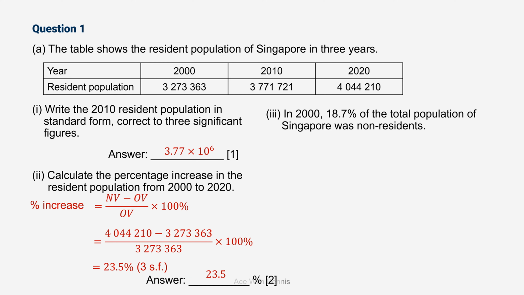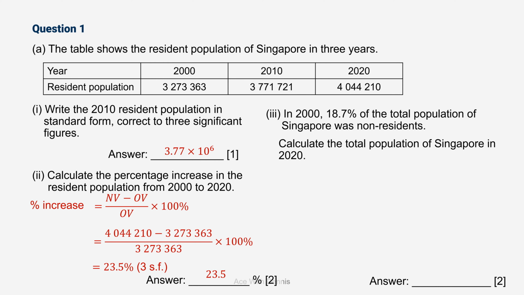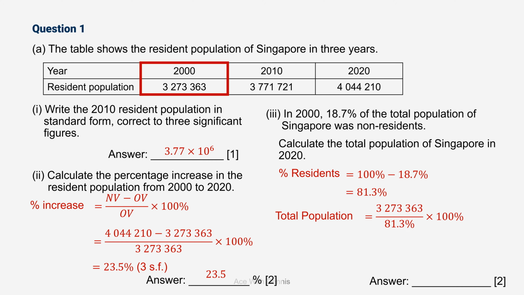3. In 2000, 18.7% of the total population of Singapore was non-residents. Calculate the total population of Singapore in 2020. 2 marks. So this is the resident population in the year 2000. So 18.7% of the total population was non-resident. So from here, the percentage resident is 100% minus 18.7%, which is 81.3%. We want to calculate the total population. It will be